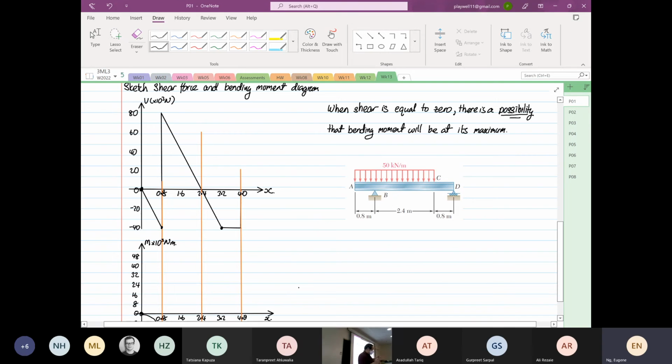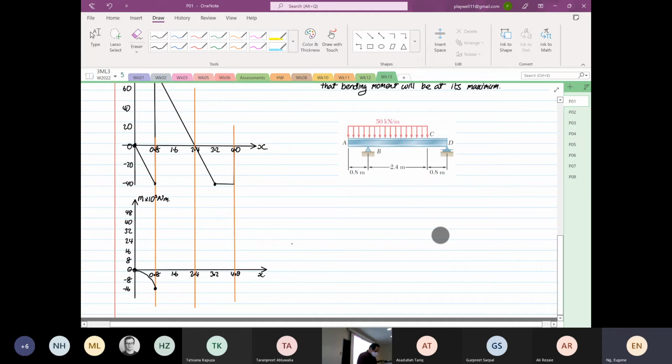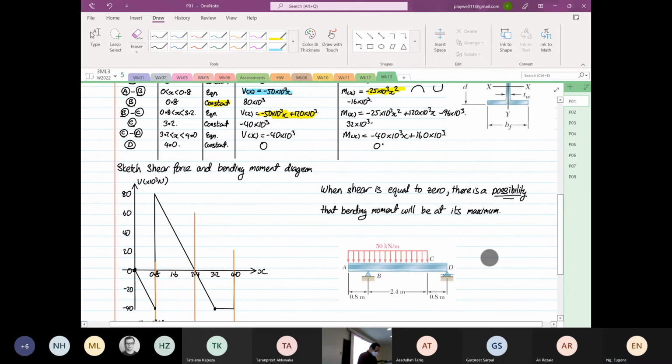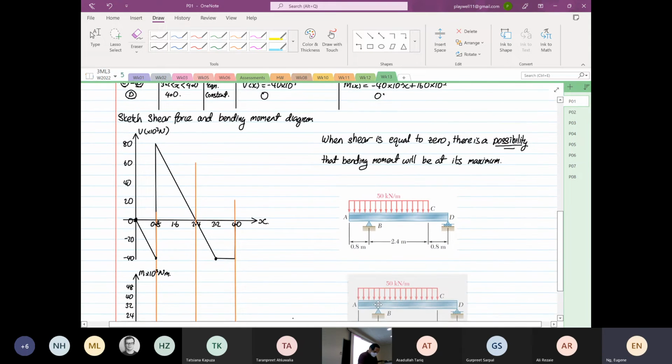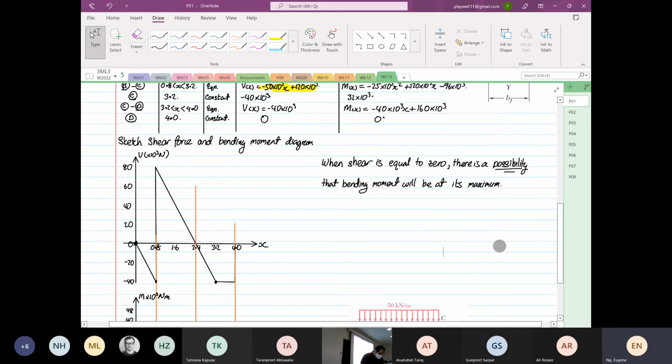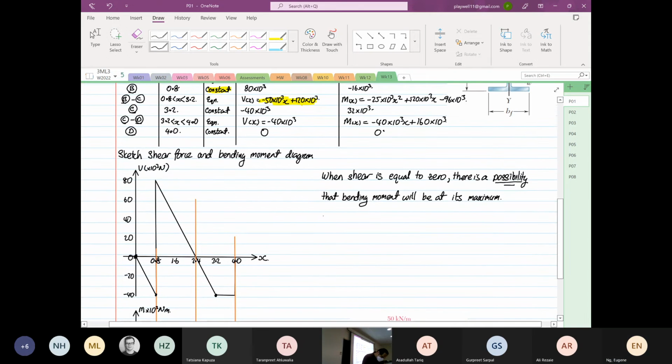Okay? There is a possibility. Okay? So if you look at our function, right? I'm going to write out our function from, I'm going to move this graph, this thing away. If we look at our function from B to C,